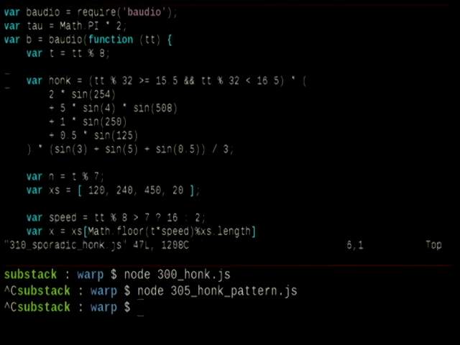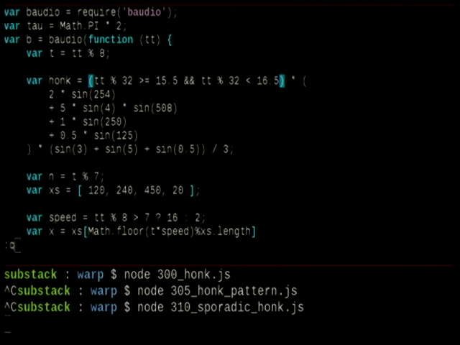Then we'll add a little ternary expression with regards to time to cut that so it only plays sporadically, so it's not the whole song. Hang on, I'll give it a time. There it is. Cool. So that's kind of sweet.